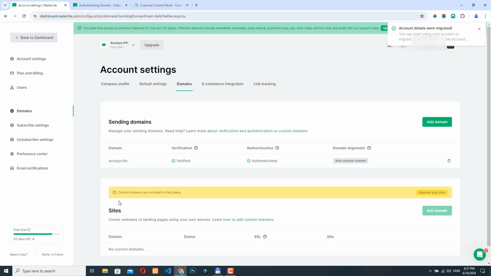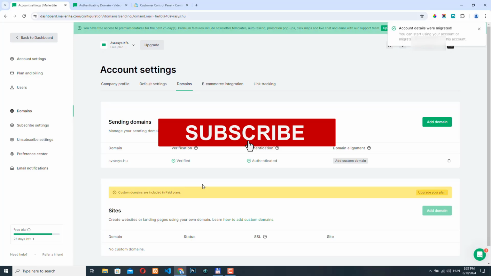We can create email lists, subscription forms, send campaigns, and this is exactly what we will do in the next